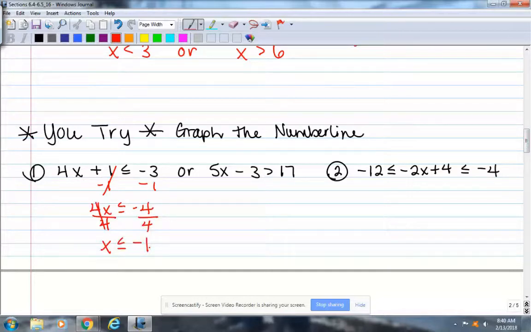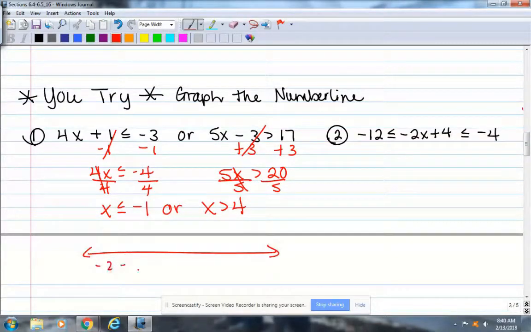Did y'all get that one for the first one? I'm going to go ahead and put or. Y'all make sure you wrote the word or with your answer, because if you did not, it is wrong. I will count off for that. Ors have to say or in the problem and or in the answer. What's 17 plus 3? By 5. X is greater than what? 4. Y'all get those? And then when you graph them,